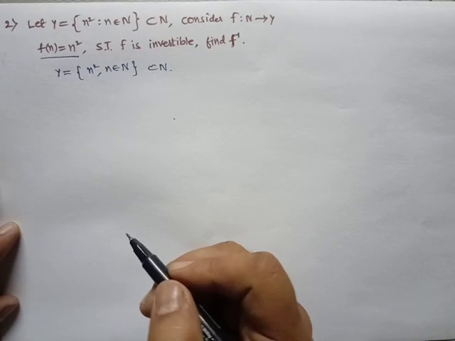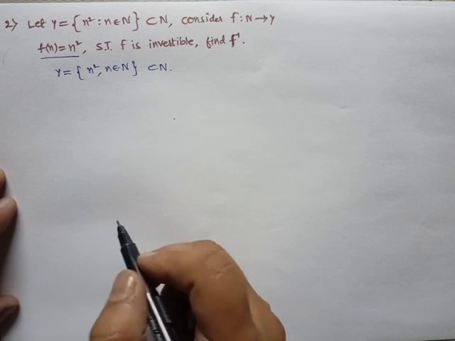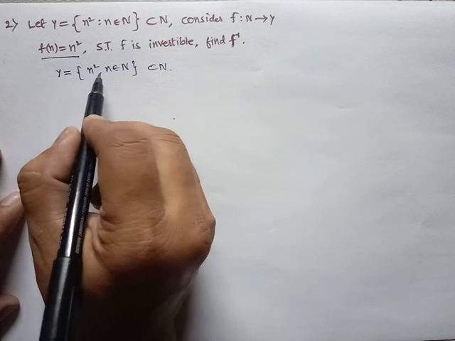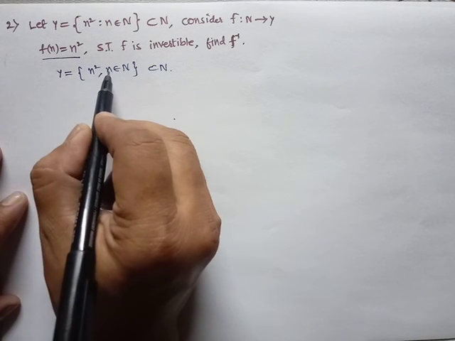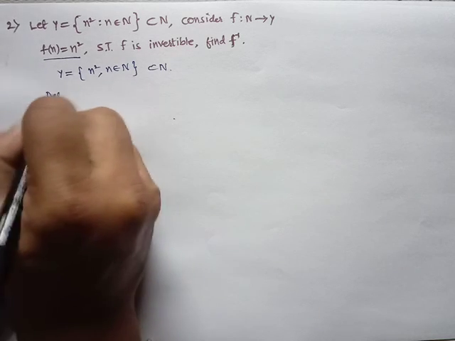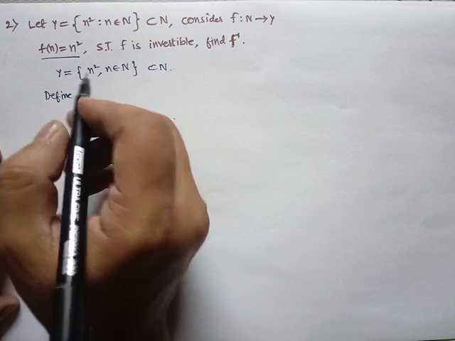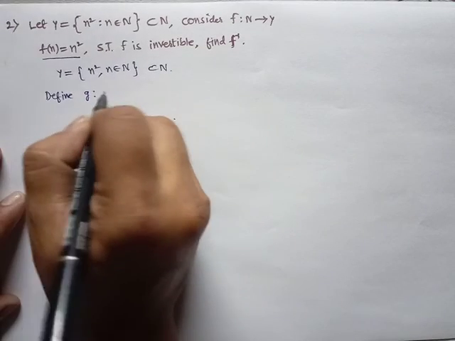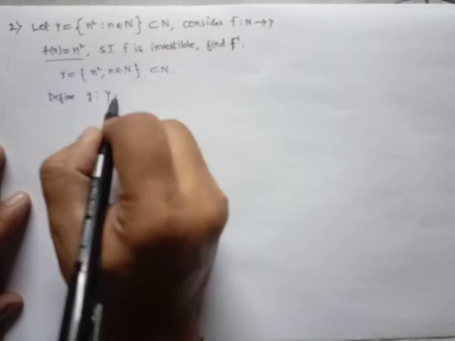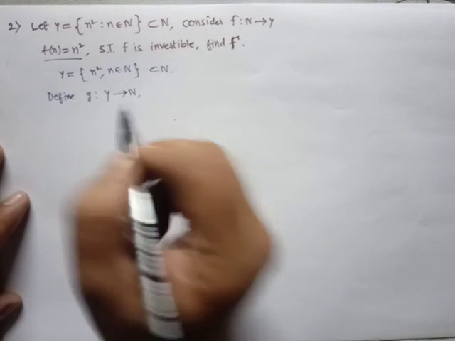And after completion of it, now you define a function. This set y is already taken as n square, and these values are coming from natural numbers. Now define a function g such that f is from N to y, then g is from y to N,